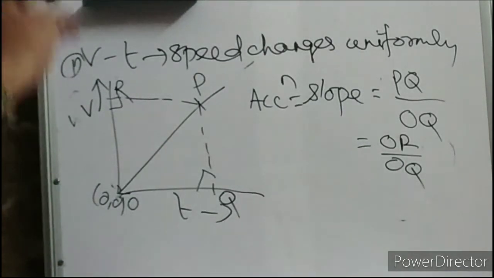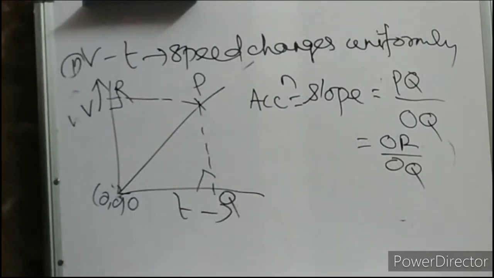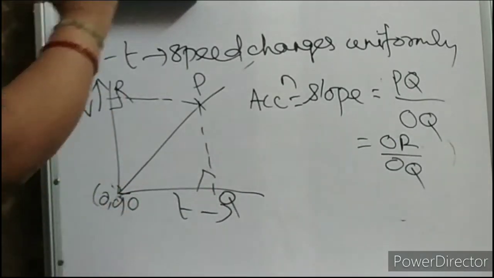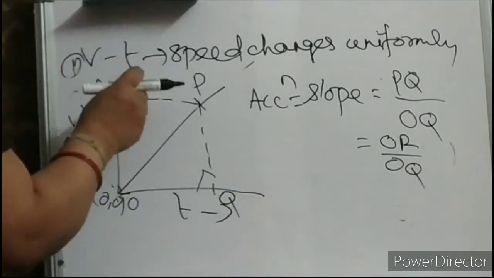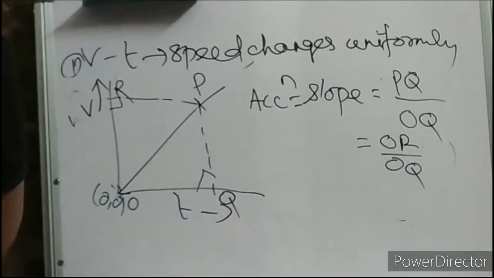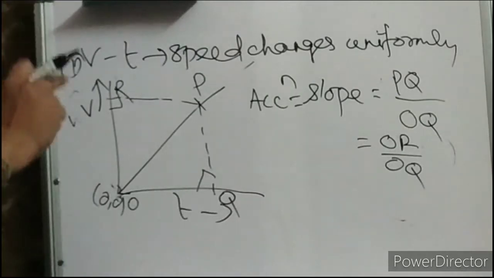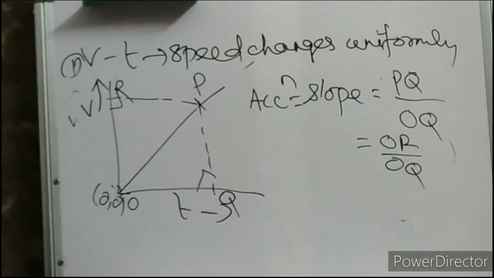Okay. Another important thing, other information. That means you can calculate the distance traveled by the body, or you can say moving body, in a given interval of time. In a given time, what is the distance covered by the body, you can calculate from this velocity time graph. Already this thing also I have discussed in my last video lecture.